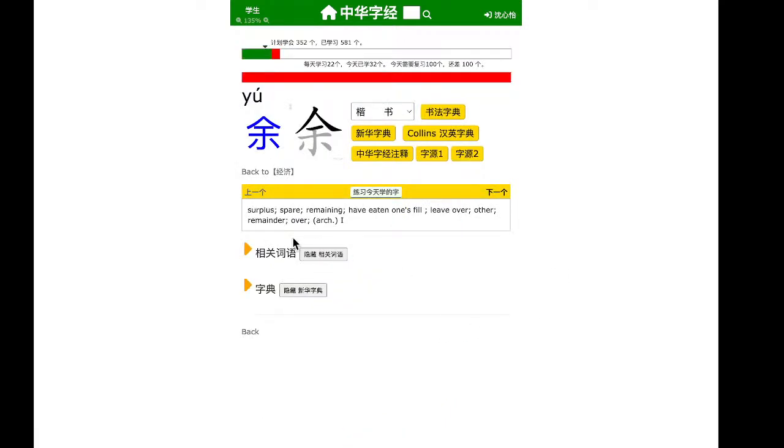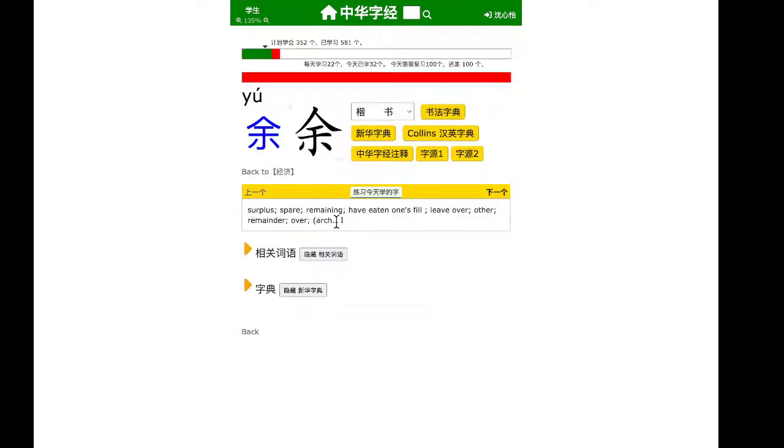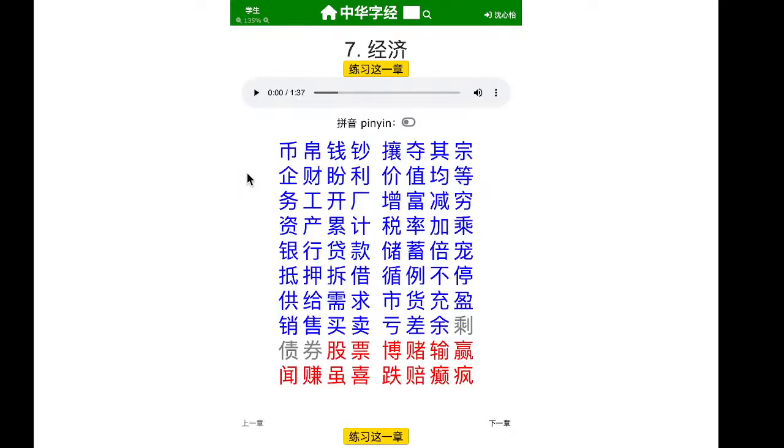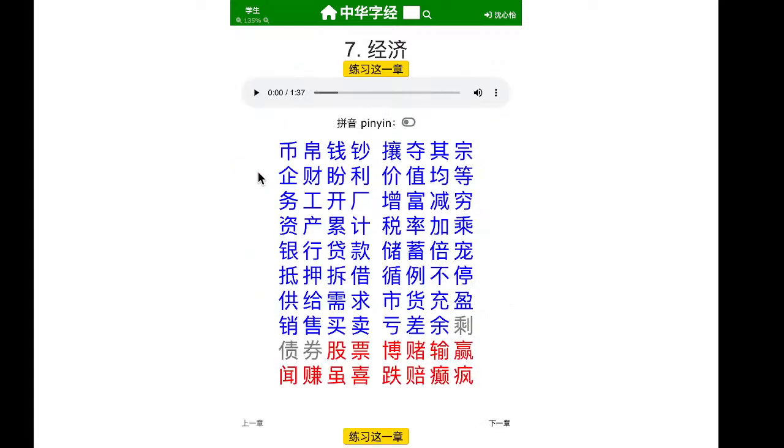Yu means a surplus, spare, or remaining, left over. Also in the old times, this was used as a first person pronoun. But here in yu sheng, where sheng also means to be left over, remnant, or surplus, it's almost the same thing. Once again, we're putting together two characters that mean kind of the same thing to make a word. Yu sheng. 亏差余剩 is referring to